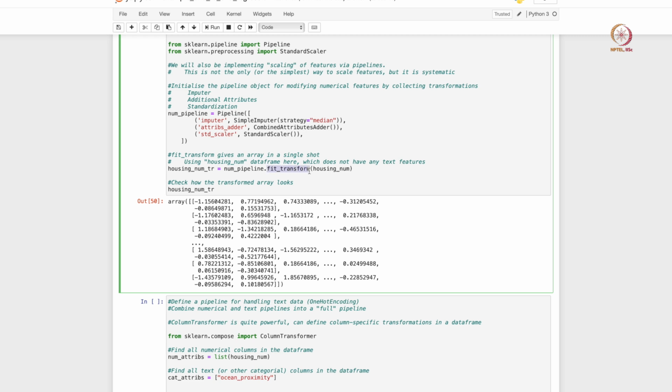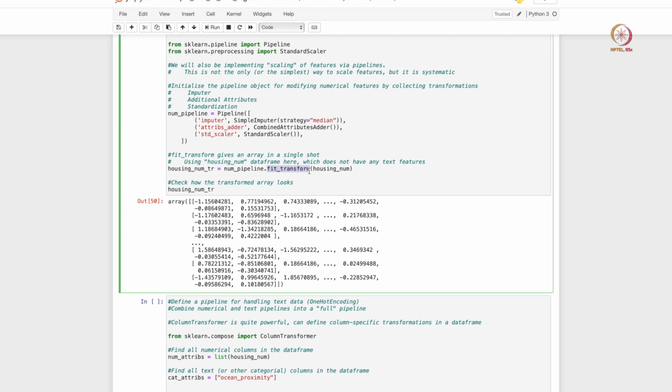For all pipeline classes there will be a fit transform function which takes in the data and does all the operations that you have mentioned in a sequential fashion. So it will do imputing first, then add in the new attributes, and then it will do the standardization. Then it will return back your transformed data set, once again in the form of an array, not really a data frame.